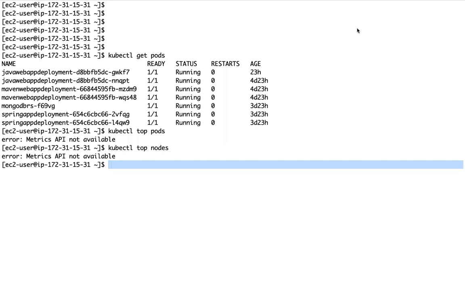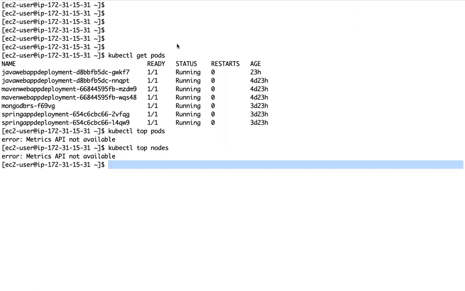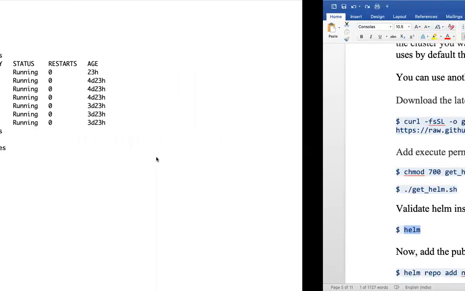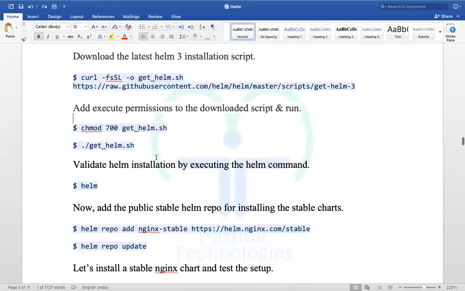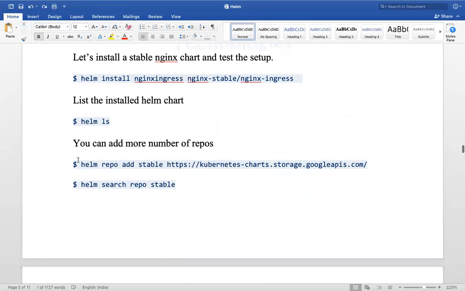Instead of writing all those manifest files and applying all those manifest files, I can use a Helm chart. There are public Helm repositories, right? Now they have changed this.